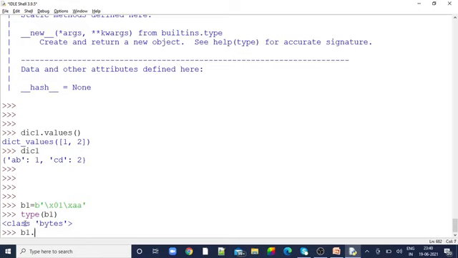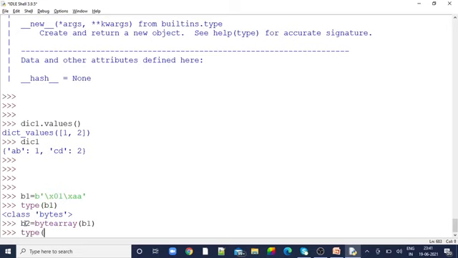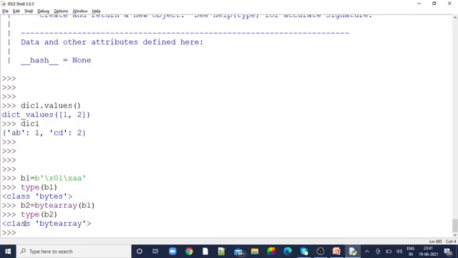Now I don't want an immutable, I want a mutable one which is possible for me to modify. So bytearray of b1 I'm going to give. The type of b2 is bytearray. Now let's see what operations are present. For b2 we have extend, append and so on. Now I can add, I can clear, I can count. These are the operations, which means it is a mutable copy of the bytes.